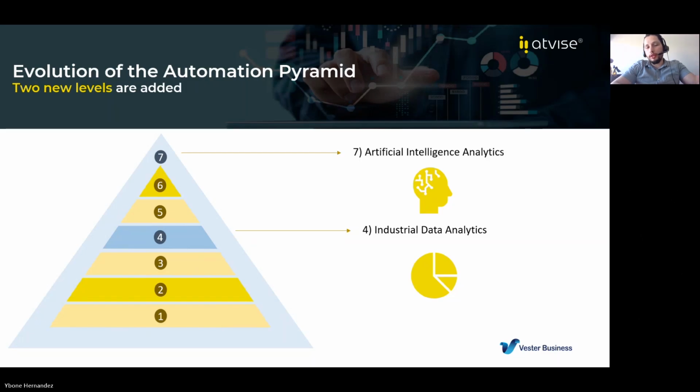And now we have artificial intelligence. As you can see, we're not placing artificial intelligence as a different level of the automation pyramid. We are placing it as a whole because it is influencing all the levels of the pyramid: from sensors, PLCs, DCS, SCADA, even industrial analytics, manufacturing software, and even ERPs. Those are all being influenced by artificial intelligence. So the change and the impact are going to be wide.